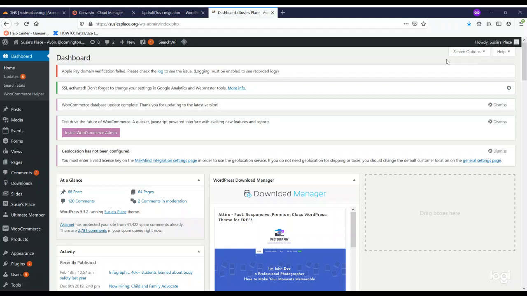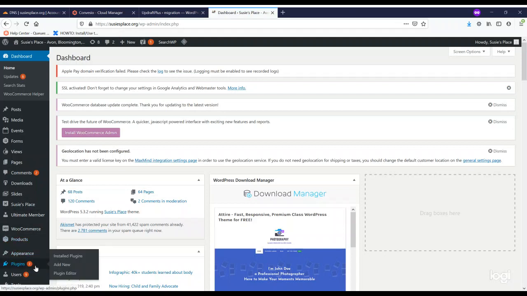So in this video, I'm going to demonstrate how to move a production site to Convesio using Updraft. This video is going to take two things under assumption. One, you have DNS access to the domain you're moving, and two, you have administrator access to the WordPress admin area. So first things first, you want to log into the WP admin area on the production site,